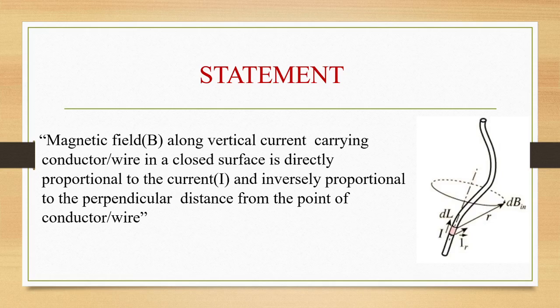So when we see the features of Biot-Savart's law, it is analogous to Coulomb's law in the electrostatic field, and it is valid for a symmetrical current distribution, and this law cannot be verified as a current carrying conductor of very small length cannot be obtained practically. Biot-Savart's law is applied only to a very small length of conductor carrying current, and the direction of dH is perpendicular to both I dL and R.